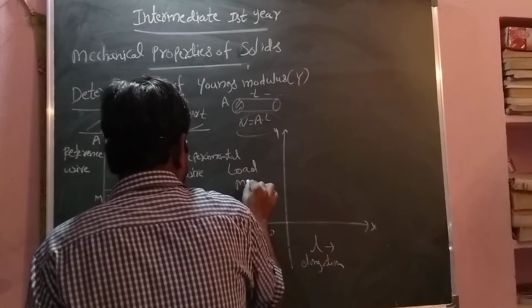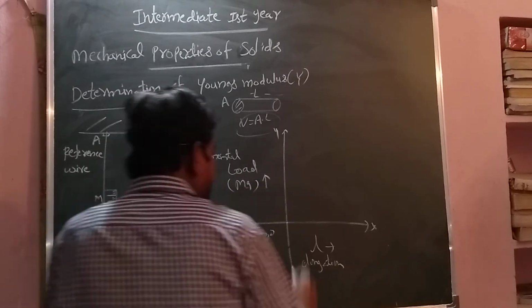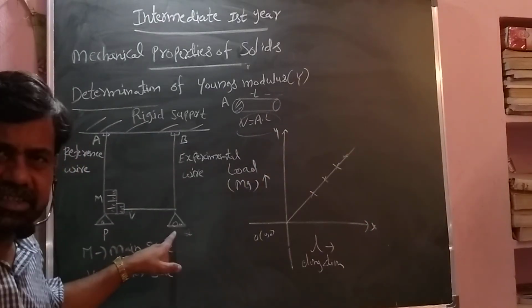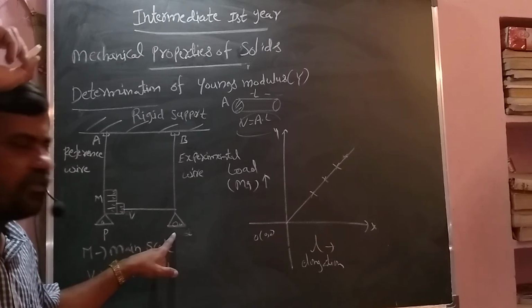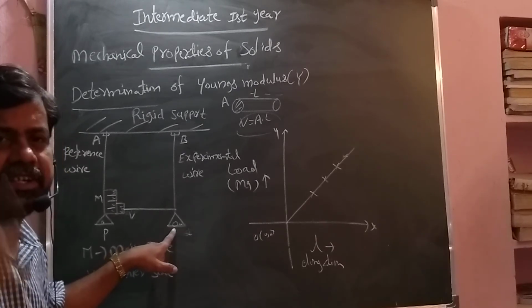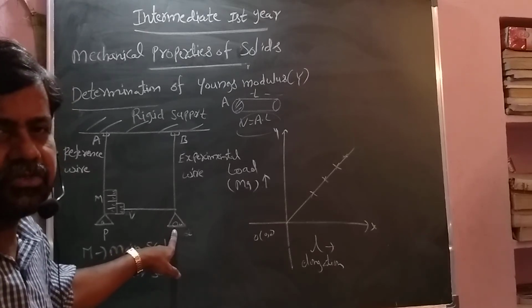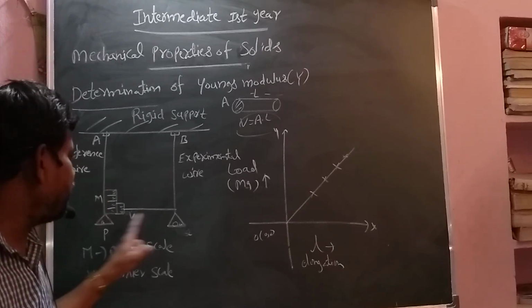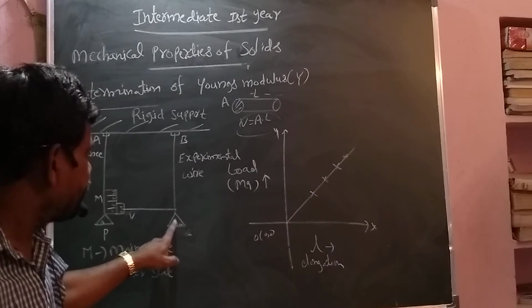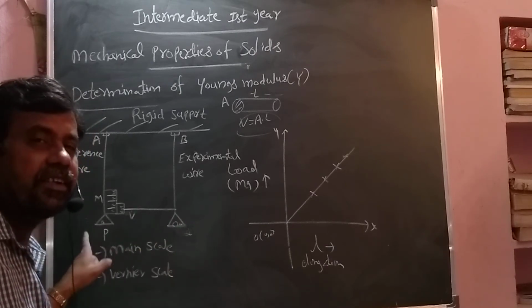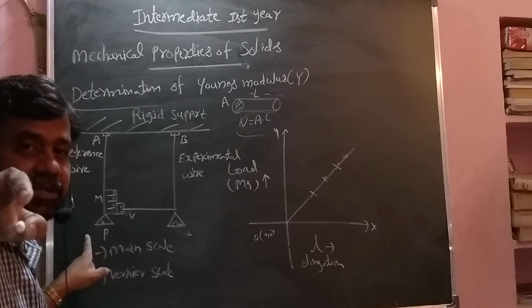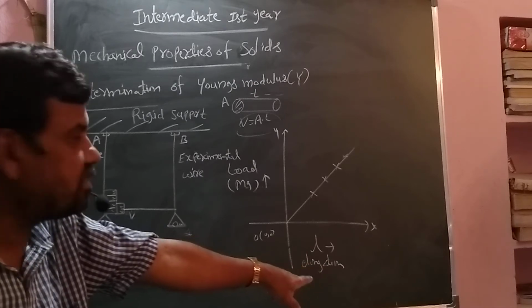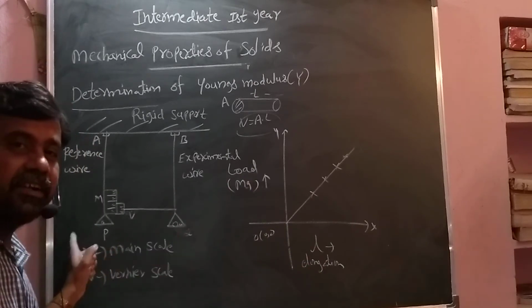First here I am taking 100. Here I am taking 300. First the L1 reading came. When I am keeping 300, what are we getting? L2. L2 minus L1 is the elongation, which belongs to the variation 300 minus 100. Remember that. Again, for example, here 100, here 300. Next I am going to 500. So here 500, here 100. What is the variation? 500 minus 100, 400. At that time, what is the reading? L3. L3 minus L1 gives what? L3 minus L1 belongs to the elongation, for the corresponding difference in weight, 500 minus 100, 400. That 400 belongs to the elongation L3 minus L1. Like that we are finding.